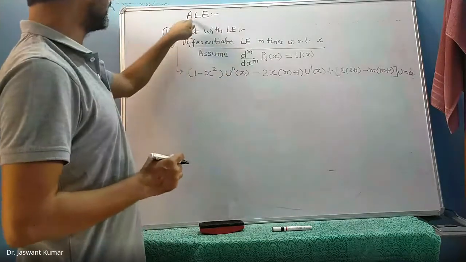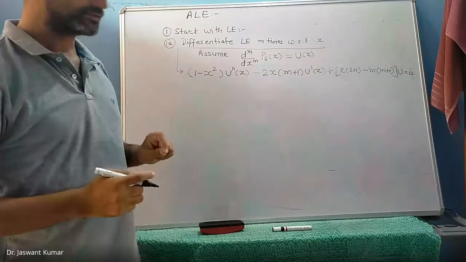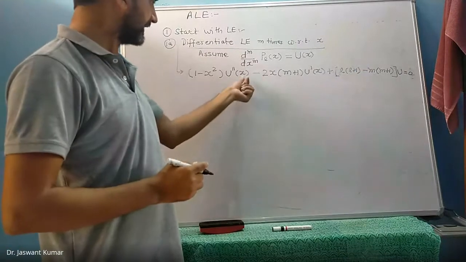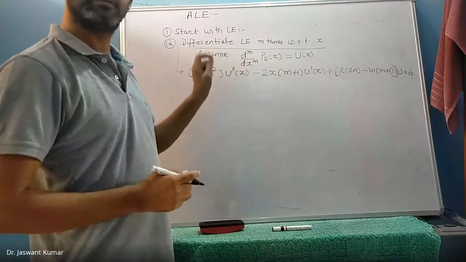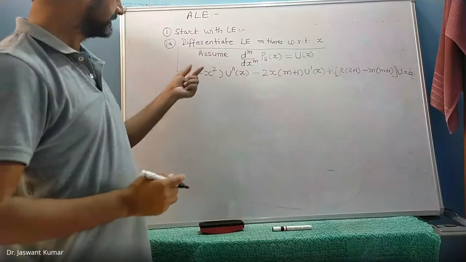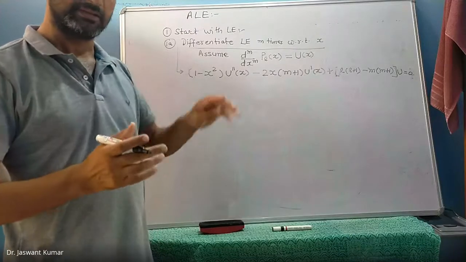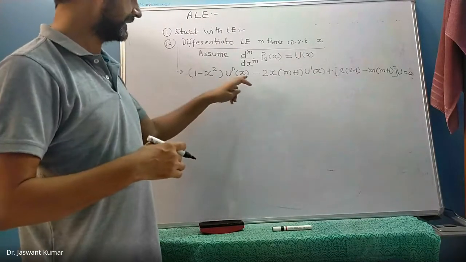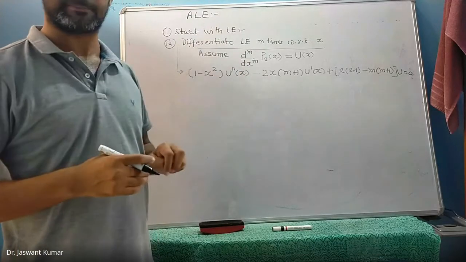Once we had derived this equation, I had said that this equation is still not an associated Legendre equation. If this equation was the associated Legendre equation, then u would have been the solution, and we know what u is. Now, since this equation is not an associated Legendre equation, we have to play some more tricks in order that this equation changes to an associated Legendre equation.